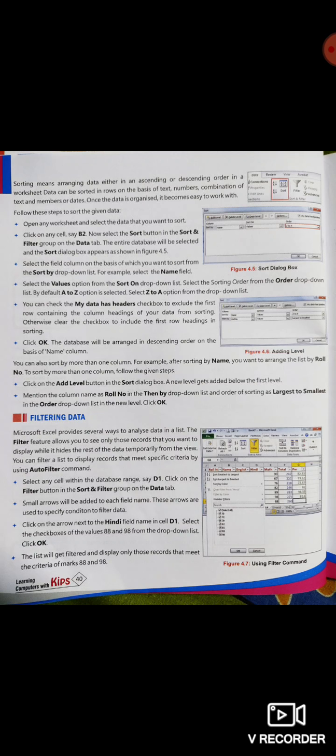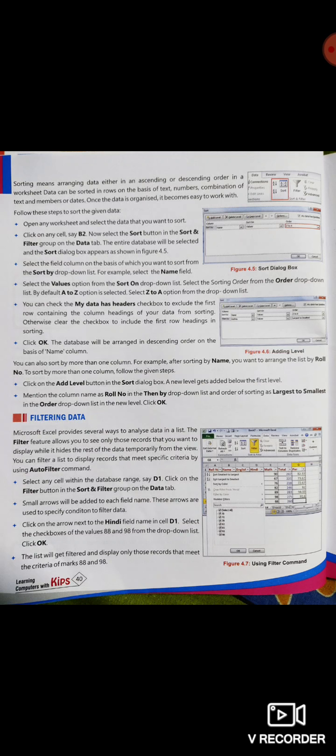Now we have to click on the arrow next to the field name. Suppose the name is Hindi in cell D1. Now we have to select the check boxes of the values 88 and 98 from the drop-down list, and click on the OK button. What will this option do?